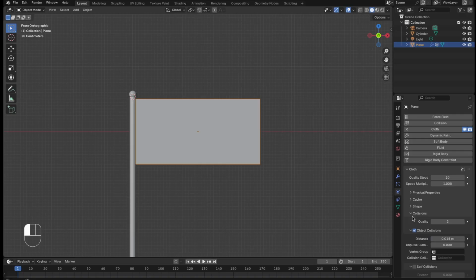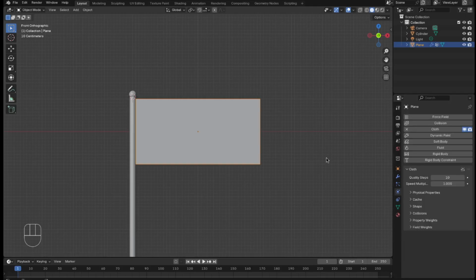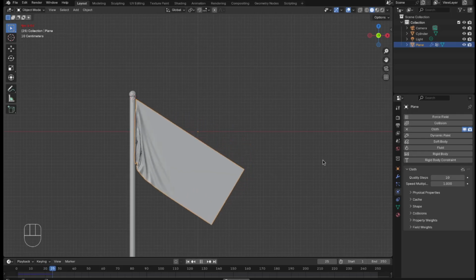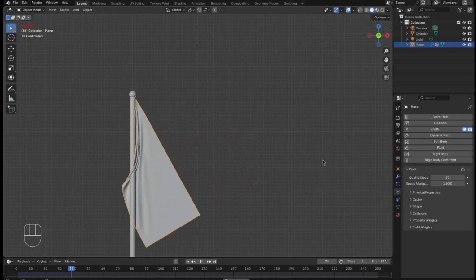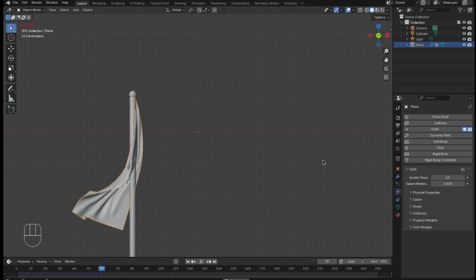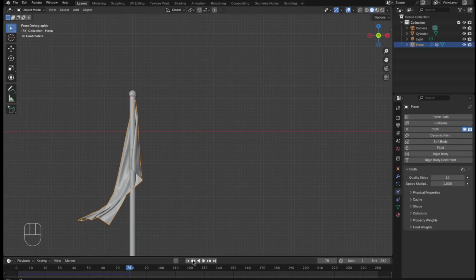Open up Collisions and choose Self Collisions. Now let's test the simulation. Just press play. We've got two problems. It's slow because the mesh is too dense and there's no wind, so the flag is